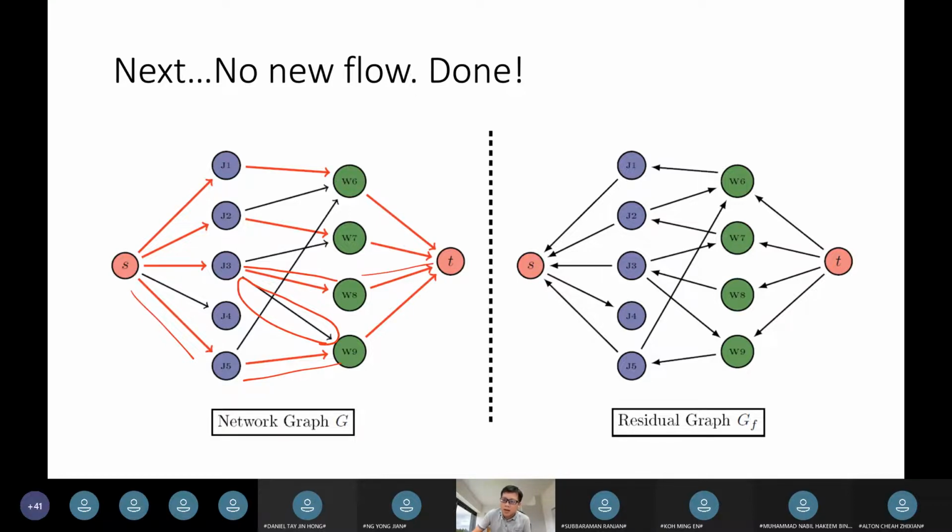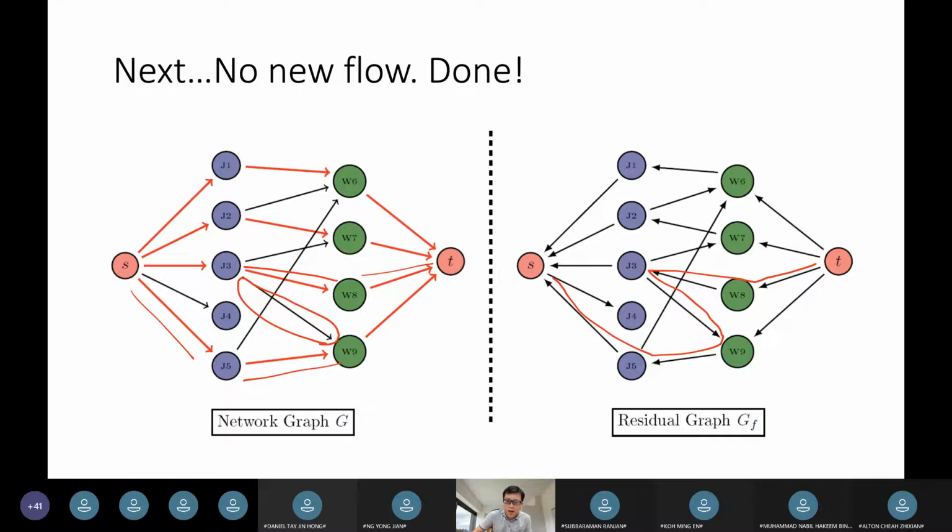Then we reverse it in the residual graph. So we reverse it. Okay, reverse the flow. Yeah, right. Originally is from S to T, now become T to S in this flow. Okay. And then,